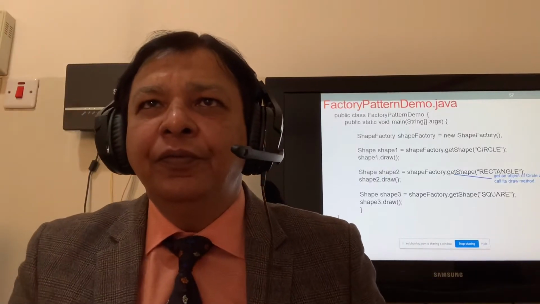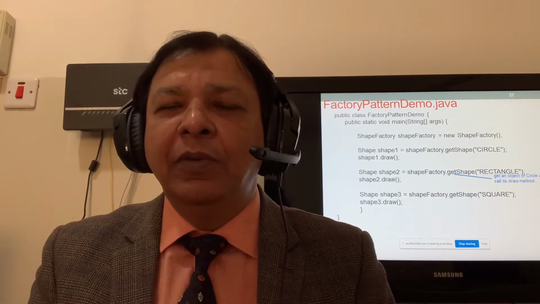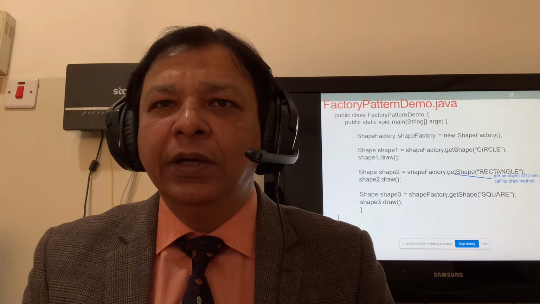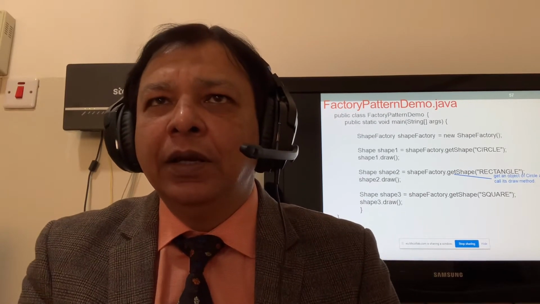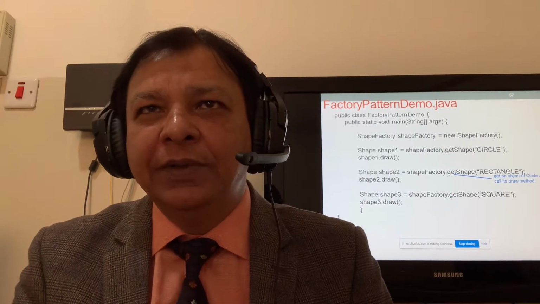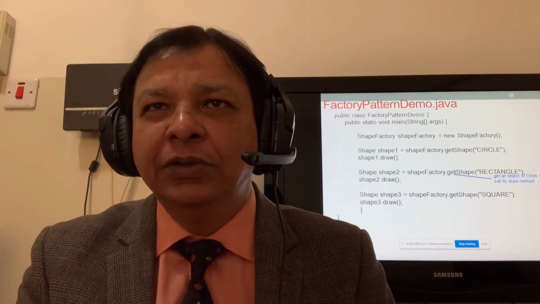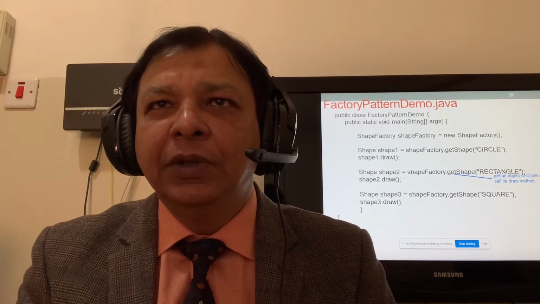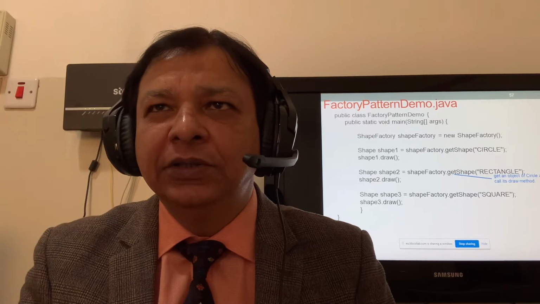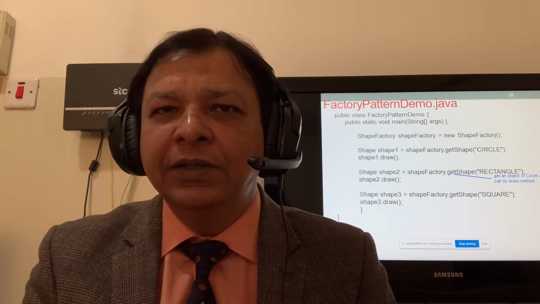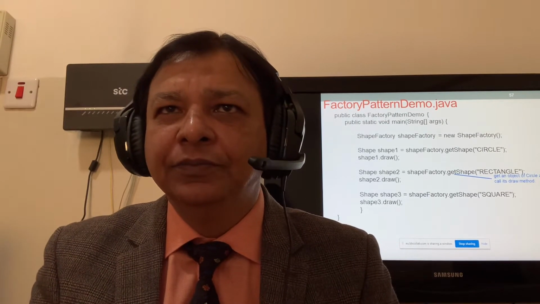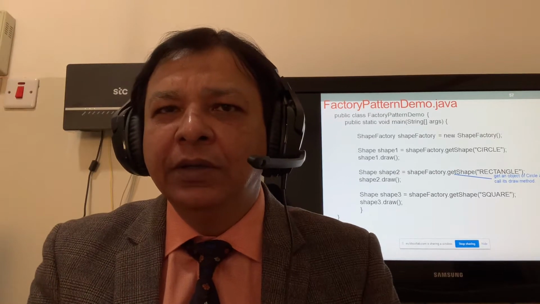So we have public class FactoryPatternDemo, public static void main(String[] args), and then ShapeFactory, the object shapeFactory is equal to new ShapeFactory, and shape1 is equal to shapeFactory.getShape(circle), and shape1.draw.